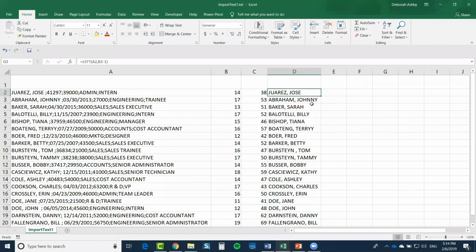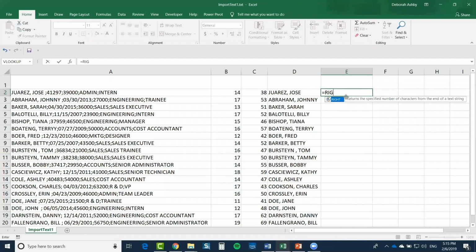So then I want the rest of this in column E. So I'm going to widen my column slightly and we're going to do something slightly different. So we're going to say equals. This time we're going to say right, so this is going to count from the right. And the text we want to use is the text in cell A2. And this time I want to take the number of characters, so C2